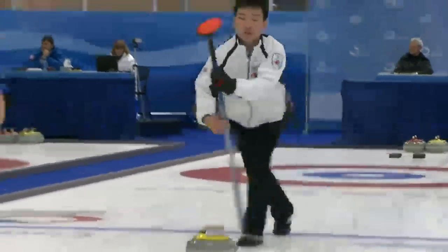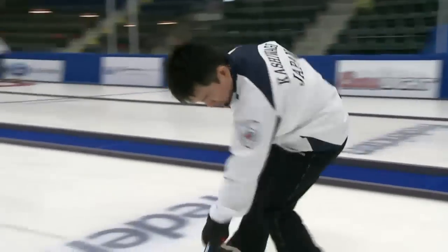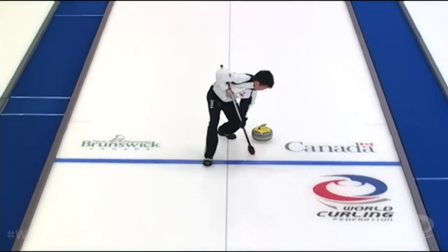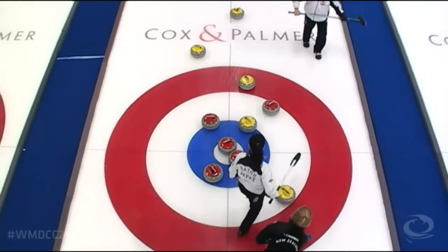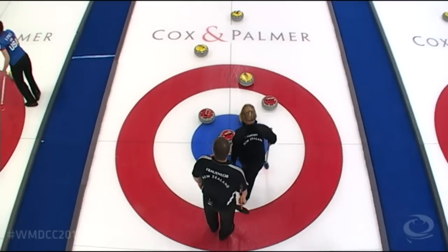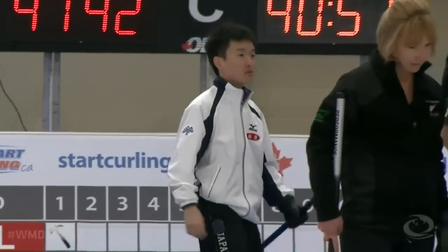Look at the World Mixed Doubles Curling Championship banner. And now a look at Hiro Kun. Wants to hit a lot of this, but definitely doesn't want to be in the guard. Oh, he just papers the guard, and didn't get quite the action that he was hoping for and that you pointed out he probably wouldn't get. Maybe with a little more weight that might have carried on through, but